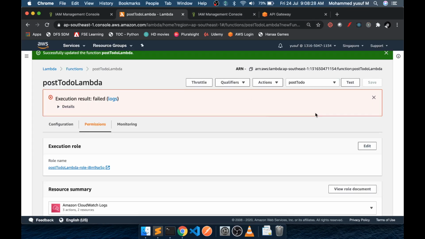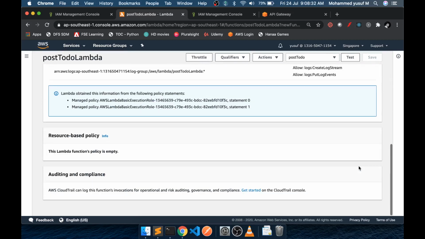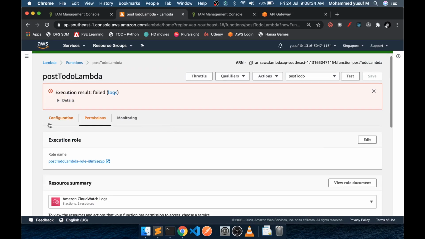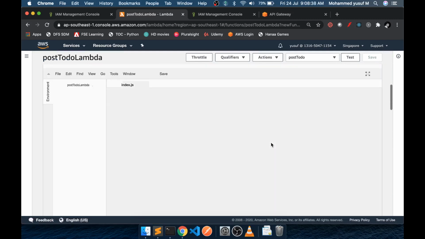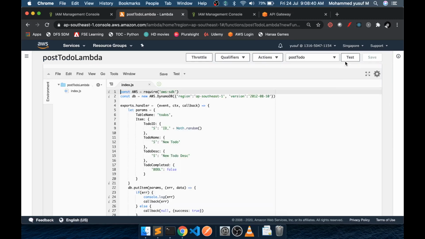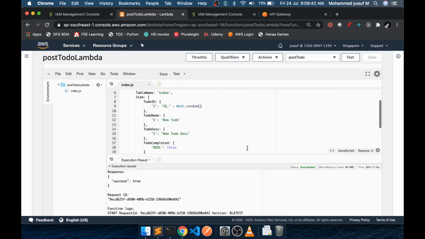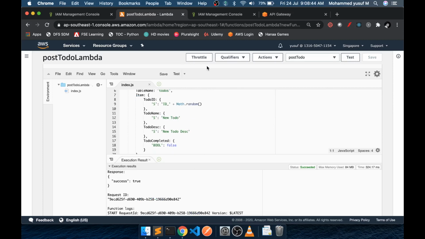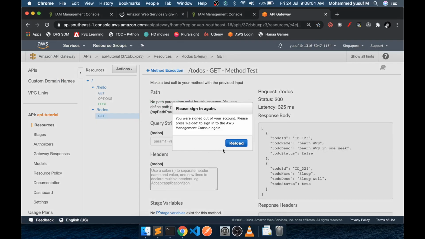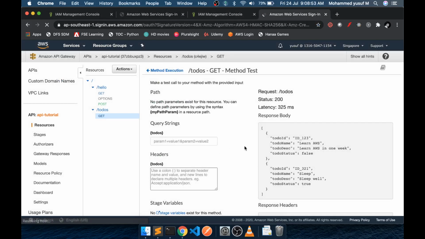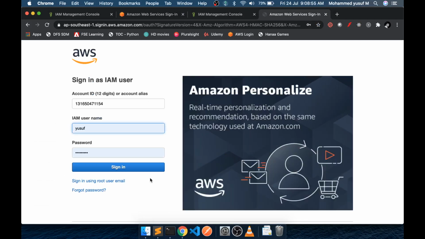Come here. Now let's go to configuration because we see the result easily here. Test. So we got a success true, which means if in API gateway is our last API gateway, let's reload it again.